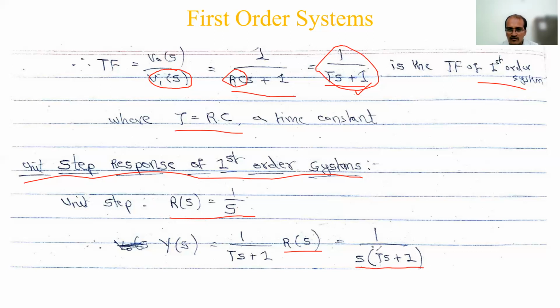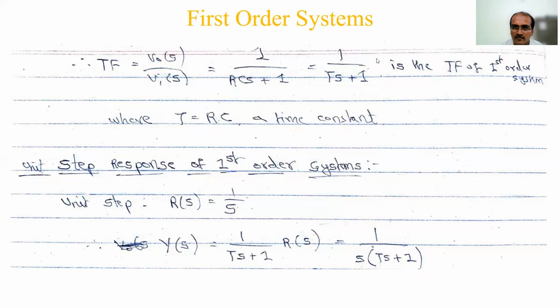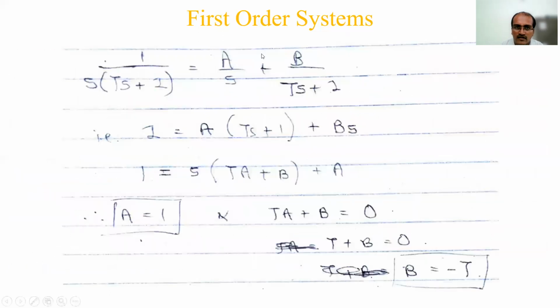Now what I have to do is split this using the partial fraction method. This should be in a form where I can apply the inverse Laplace transform. We studied this in Laplace transforms earlier, right? To apply the inverse Laplace transform, it should be inverse Laplace transformable, so you have to bring it to that form. In this form it is not going to apply, because if we refer to the Laplace transform pairs table, we don't get any inverse Laplace for this. For that, we'll write it like this.